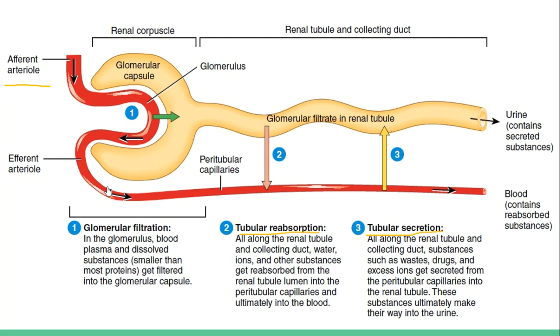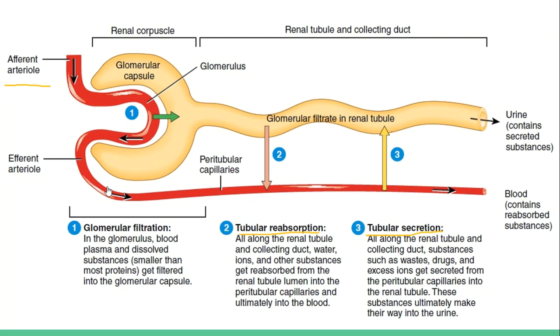Ultrafiltration is a type of filtration which occurs whereby blood running under a high pressure is forced out, is filtered under a high pressure. The pressure is called hydrostatic pressure and is caused by the difference in the diameter of the arteries. The afferent arteries having a wide diameter filters out,